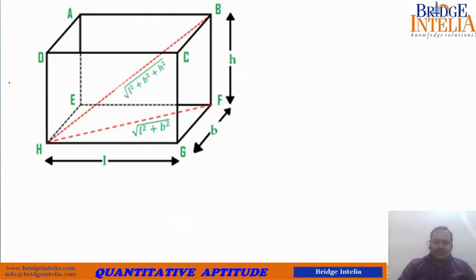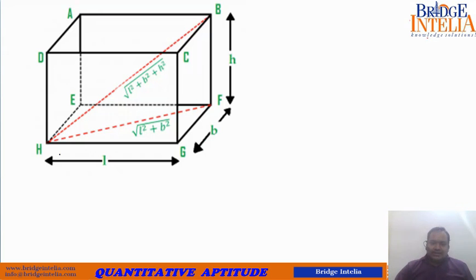As you can understand from the diagram, what is the highest length? The diagonal. When we talk about the diagonal, what are we actually referring to? From this corner to the opposite corner. The diagonal does not lie on the surface; it lies within the cube. That is the diagonal, because it is not a two-dimensional object. It is a three-dimensional object.